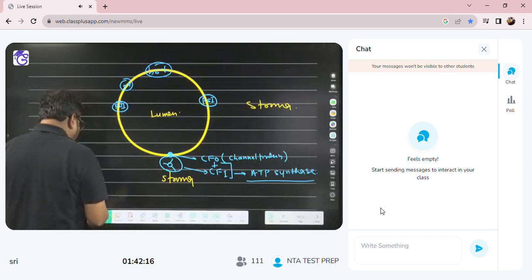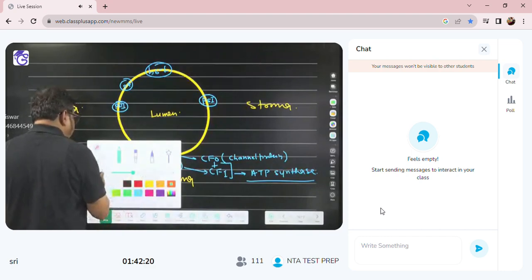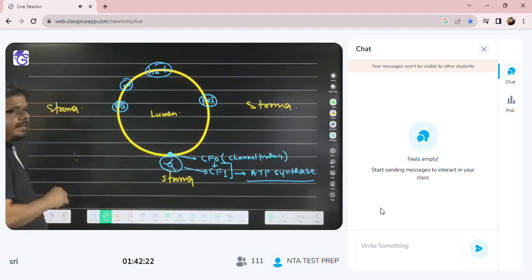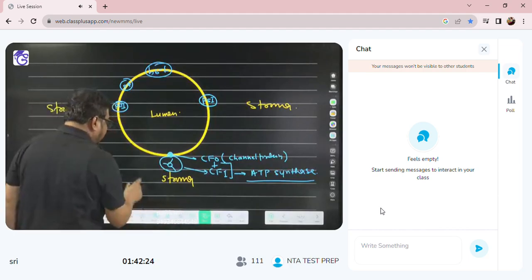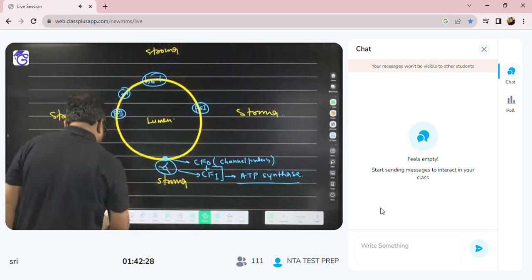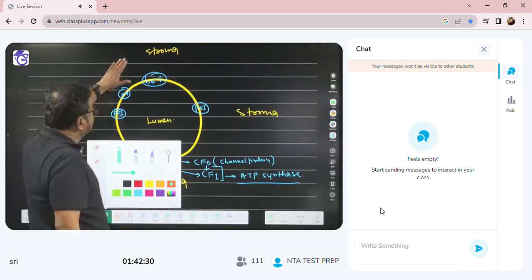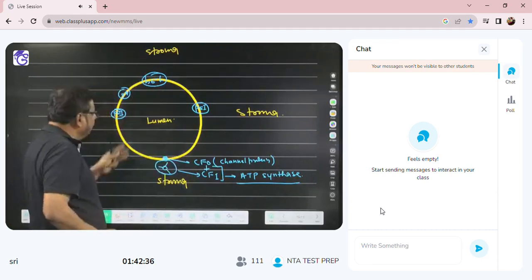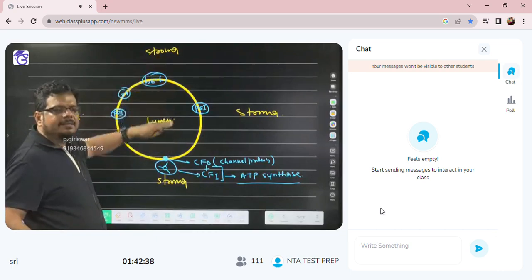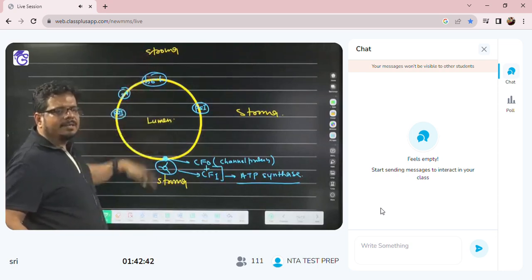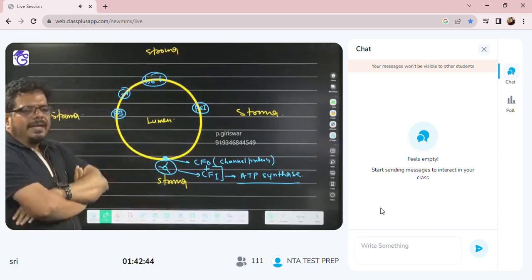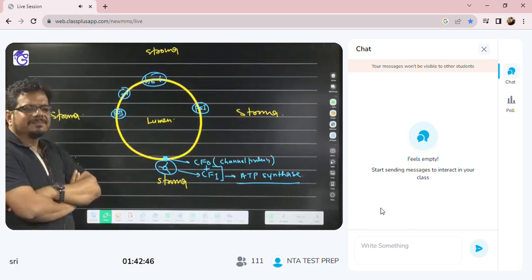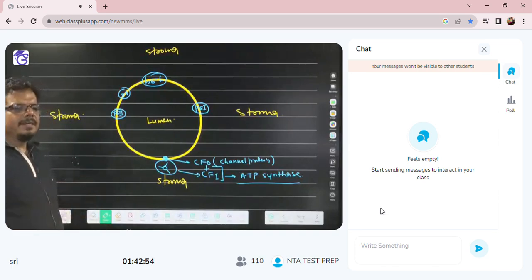Now what happened? I am going to revise the entire thing once again. So what you did not understand there, you will understand here. Give your attention. So how ATP production occurs, I am going to tell you. Before light reaction, the concentration of proton on both sides is equal. Agree? Before light reaction, the concentration of proton is equal on both sides. Agree or not? Yes.